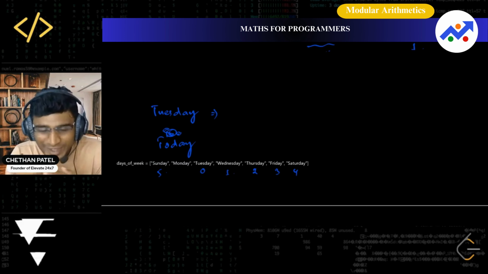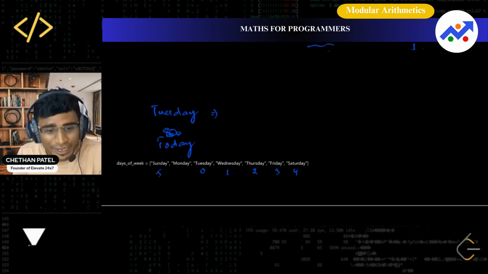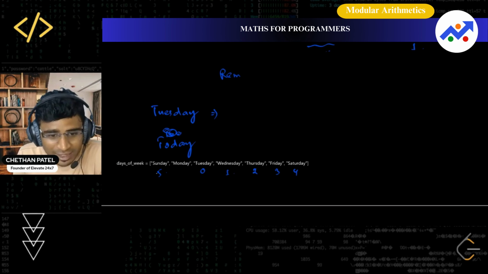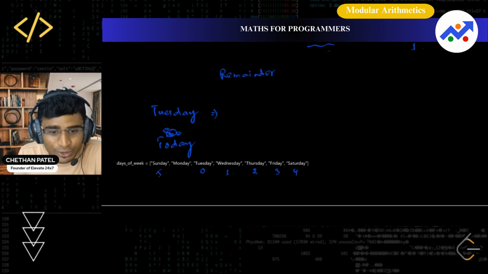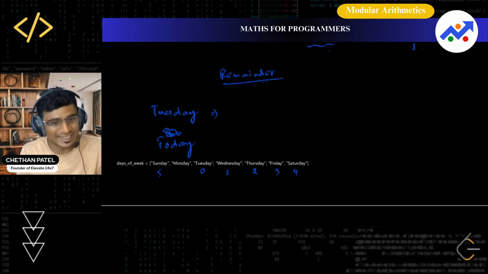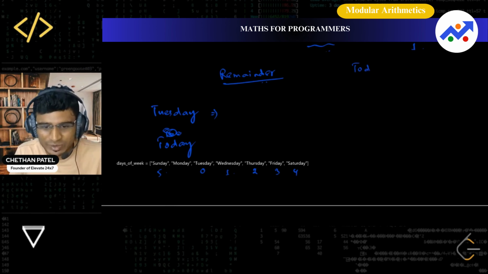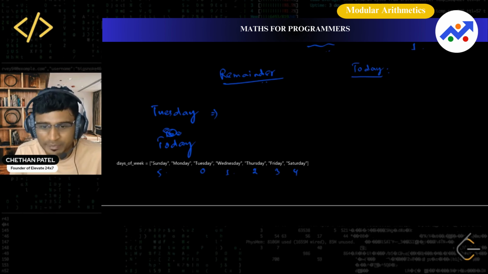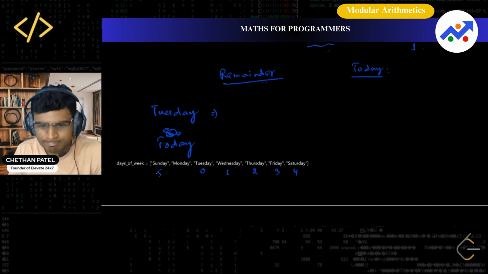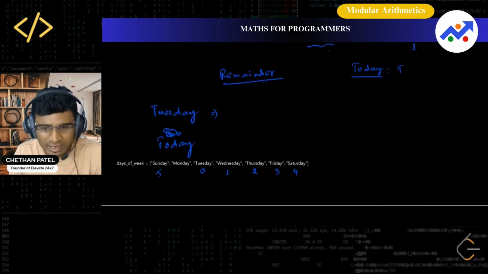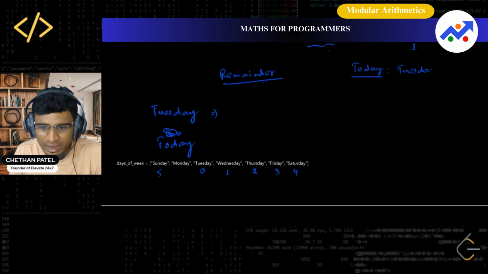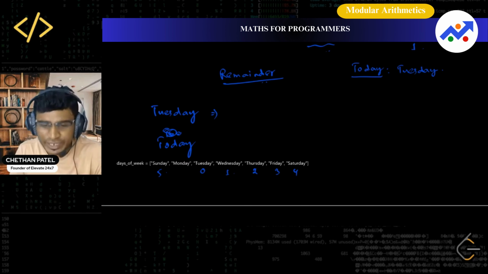Okay. So when we have this type of situation, we can use this concept of remainder to easily identify which day. For example, let's take one very simple example. Let's say today is Tuesday, and we need to compute